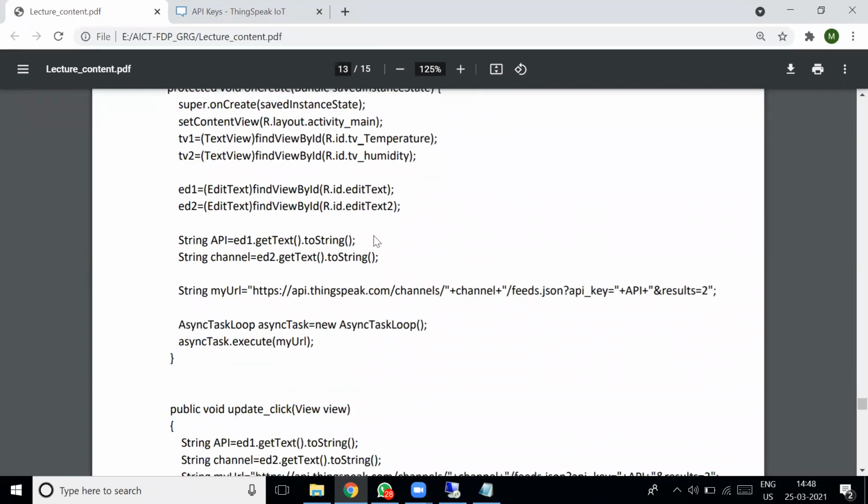Then you get the value with ed1.getText, then ed2.getText. The first one is the API value, the second one is the channel. You have to add this API value and the channel value to this URL, concatenating these values in the URL. This is a standard format, so you specify the channel and the API key value here.